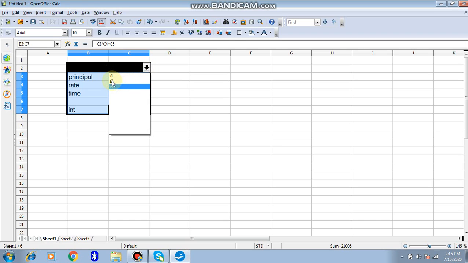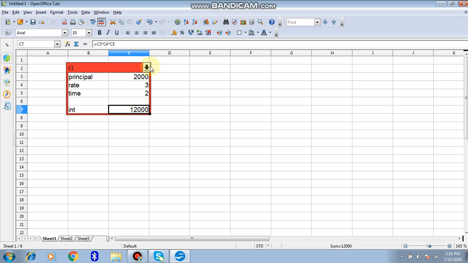So you can click on any of the scenarios and see that scenario, the second scenario, the third scenario, the first scenario, right? So we have different scenarios here which we have created. So what if means what will happen if the value changes to this, what will happen if the value changes to this. So you can change the value and see the result and save that value and the result as one scenario.